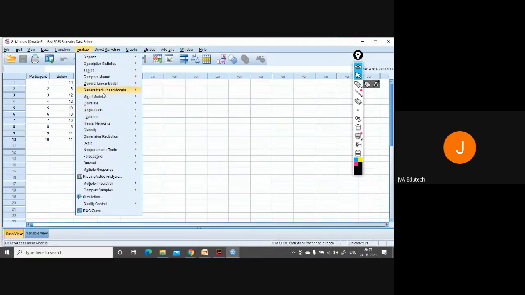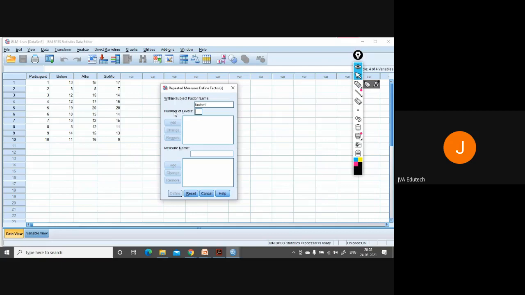Now you can go to generalized linear models, this one, generalized linear model, and now here you have to select repeated measures. Till now we were selecting univariate, now here we have to select repeated measures.